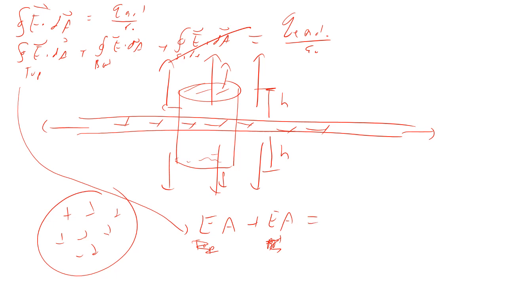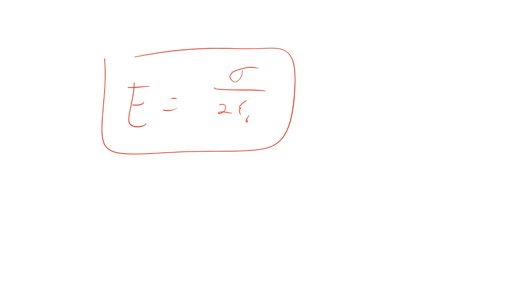And Q is just going to be sigma times A over epsilon naught. Well, that means that 2EA is sigma A over epsilon naught. The A's cancel, and so E equals sigma over 2 epsilon naught. Done. And so once again, we got the exact same result that we did with all the nasty integrals,